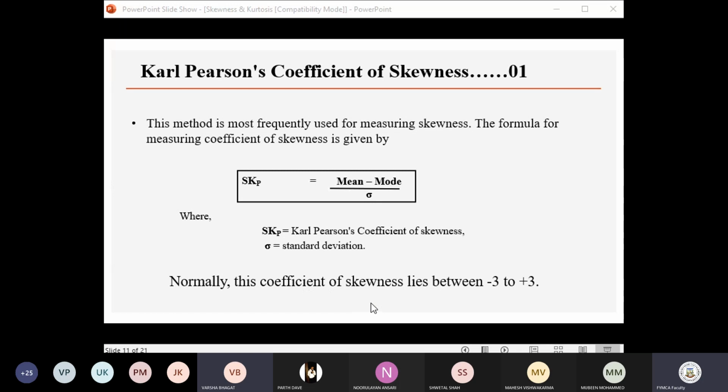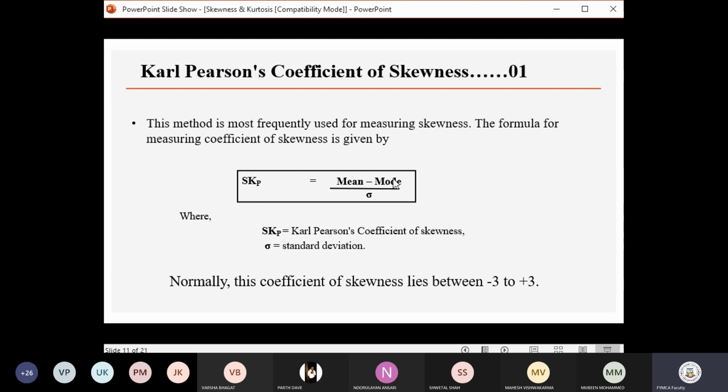100 times the coefficient of dispersion based upon SD. So the CV is equal to 100 into sigma divided by mean. You can use that particular formula and calculate the mean value. Because standard deviation is given and CV is given, you can calculate the mean value. And if the mean value is achieved, then you can use the formula which is available on the screen.